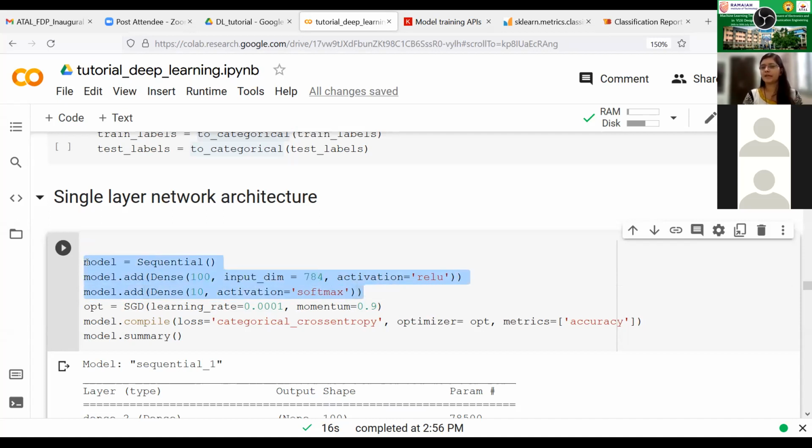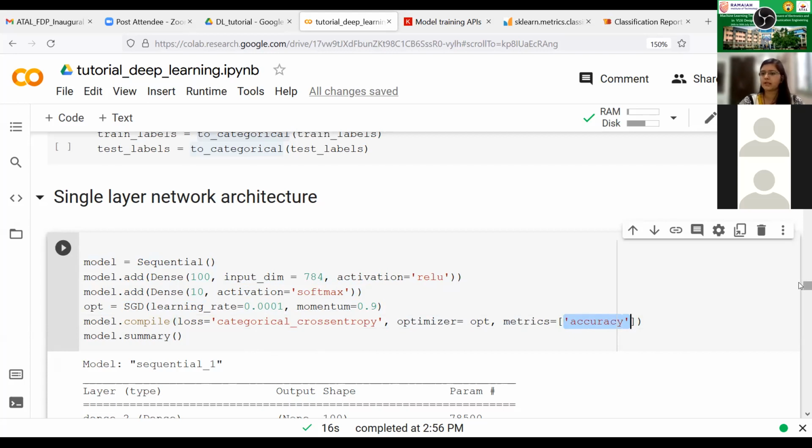Now we need to define some parameters, like what would be the optimizer and what metrics we will use. So here I'm using the SGD optimizer with a learning rate equal to 0.0001, and I'm initializing this SGD function, which is available in Keras. And the loss function which I'm using here, because we are doing multi-class classification, is the categorical cross entropy loss function. It is one of the loss functions used for multi-class classification. And I'm giving the optimizer value. And what I want is to use the accuracy value for each epoch.